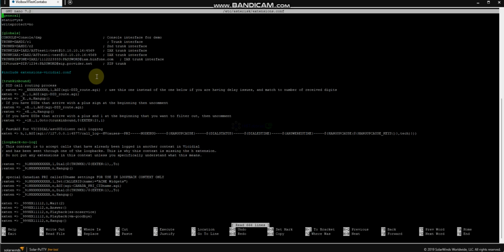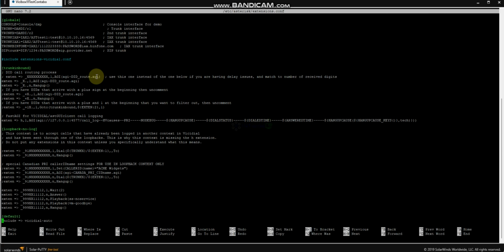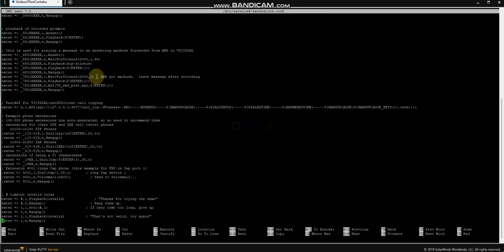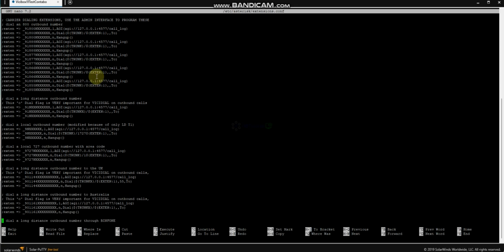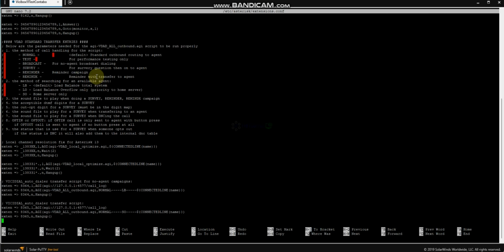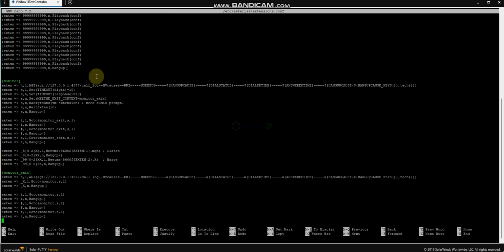From here, this is the general, globals, the trunk inbound, loopback, and you need to go to the default. Under the default, you need to place the Combridge dial plan. Use Control V to scroll it down.